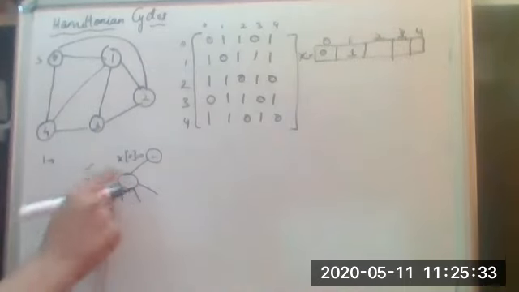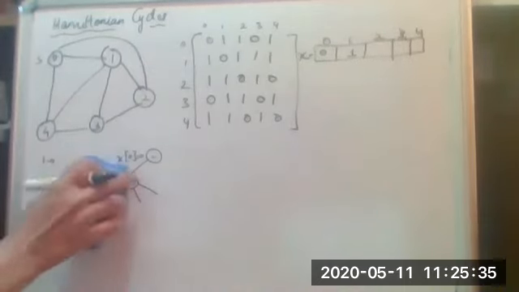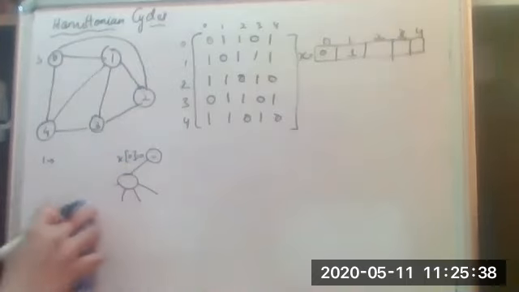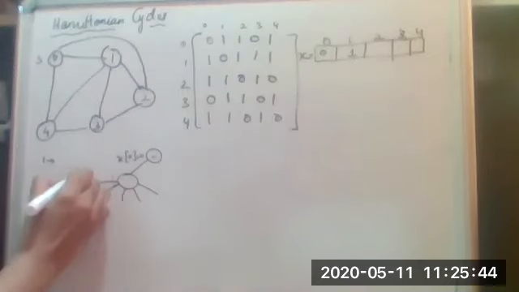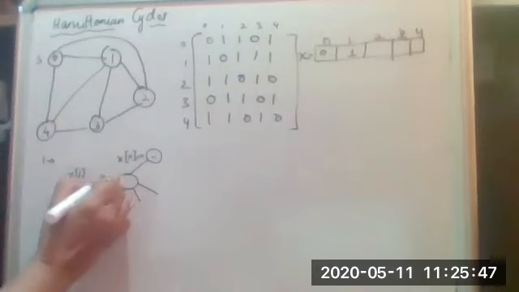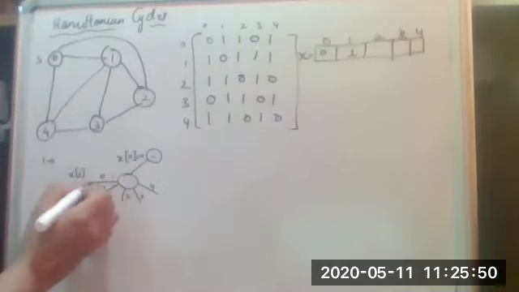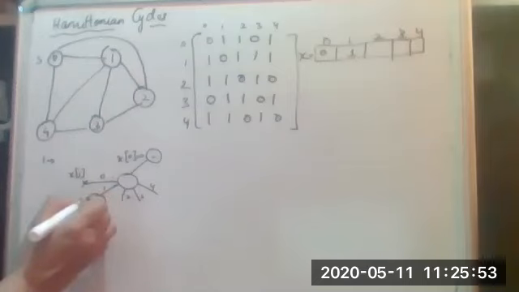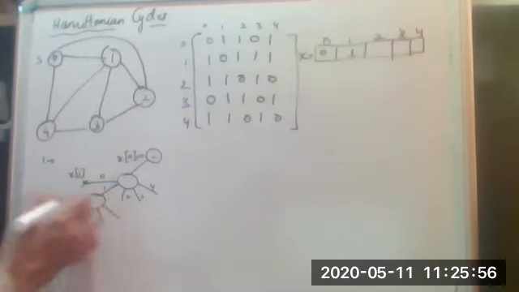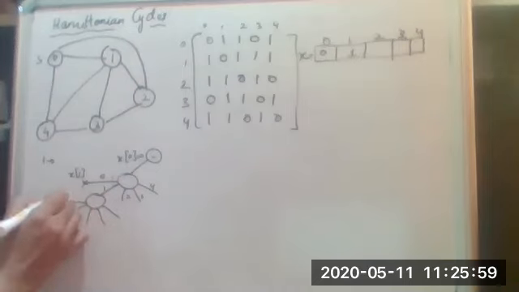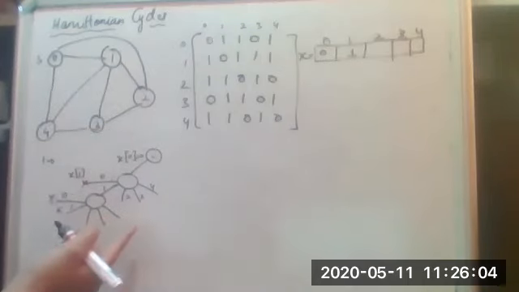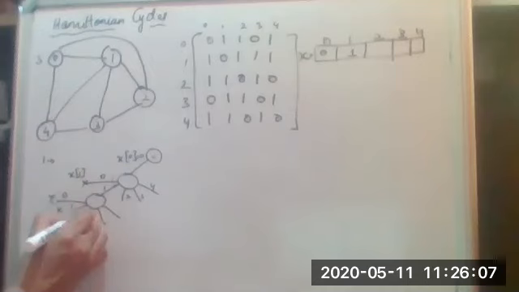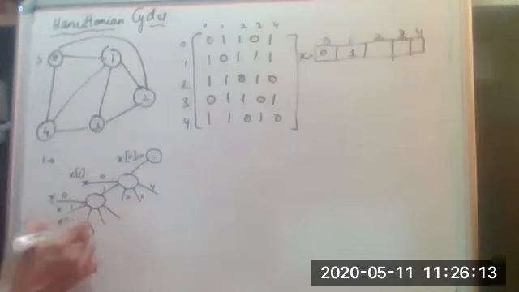If I have to make a complete state space tree here, these are the options. For x1, I can have 0, 1, 2, 3 and 4. This one I cannot have, but I can have this. Once I have this, I can again have the 5 vertices. If it is 0, I should not take. If it is 1, I should not take, because every vertex should be traversed only once. Then I can have 2, so in this case x2 will be taken as 2.